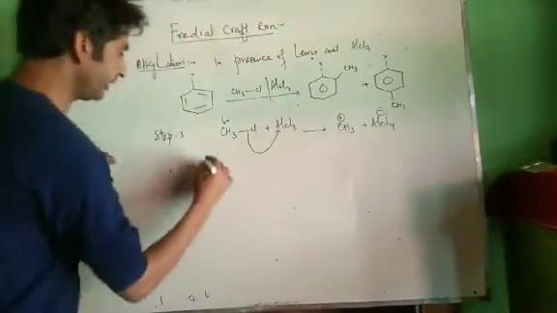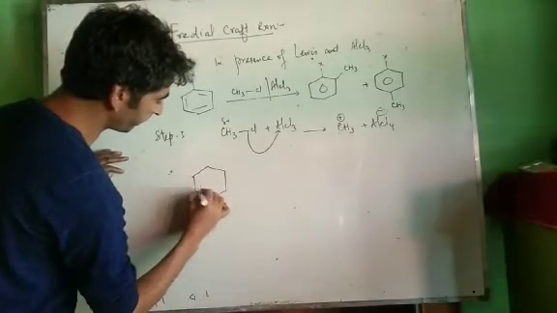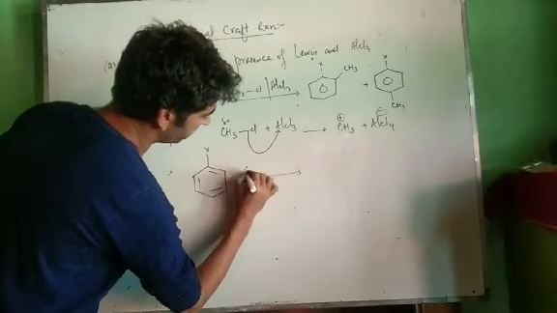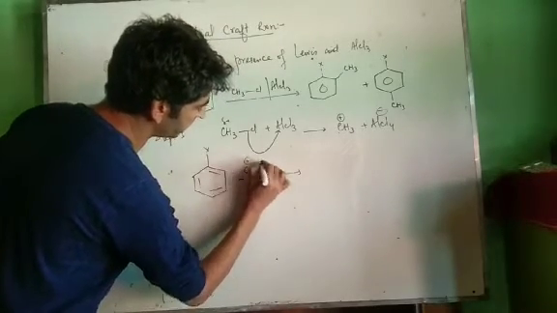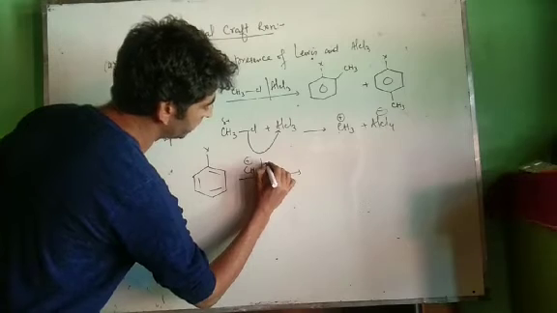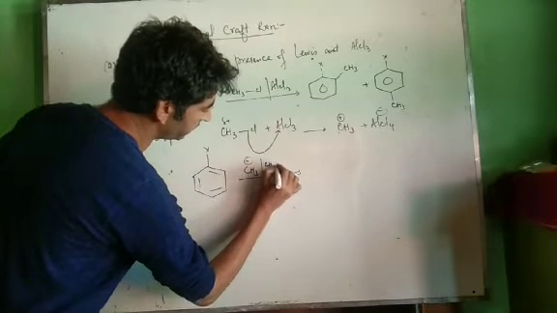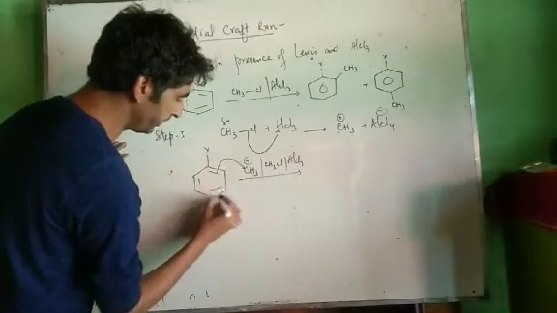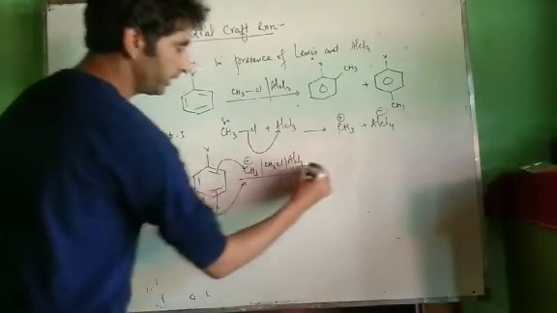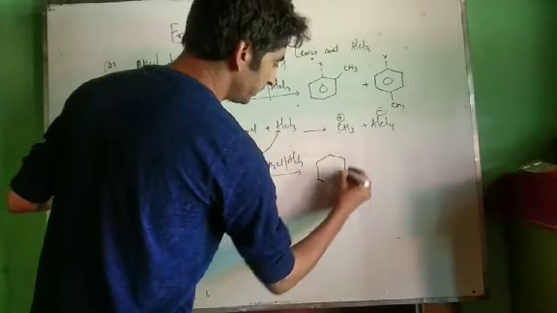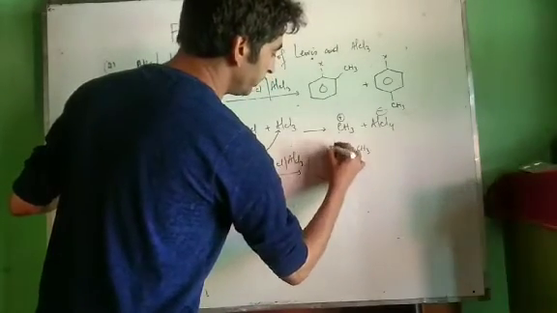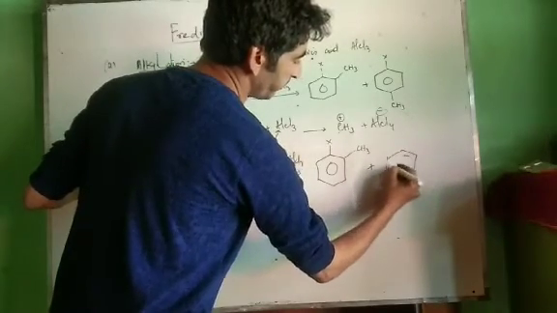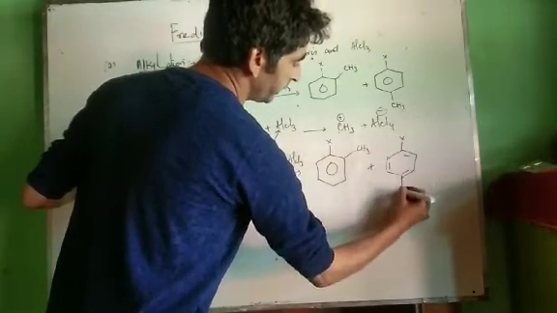Now this electrophile attacks the benzene ring, haloarene. It may attack at two positions. We are treating it with an electrophile, for example CH3 plus, which has been obtained from haloalkane CH3Cl and AlCl3. Now what happens? It may be attacked over here or it may be attacked over here. We can get two possible products: ortho methyl halobenzene, and para methyl halobenzene. This is para methyl halobenzene.